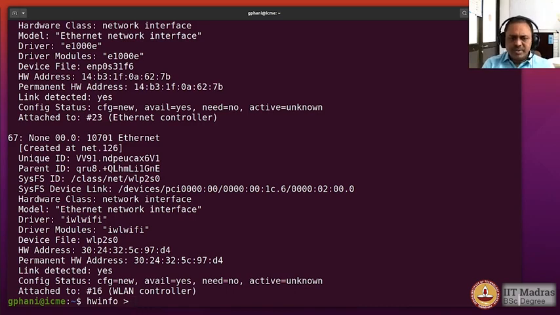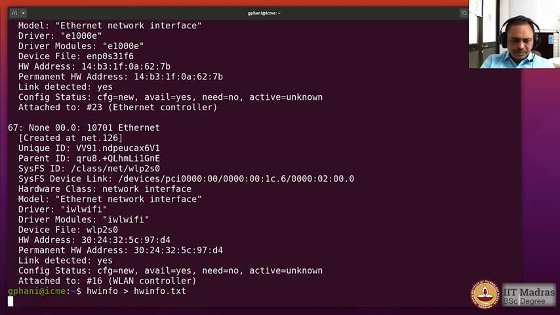Because this is useful information, I would like to type it as hwinfo.txt to indicate that it's a text file, and it has the information coming from the command hwinfo. And you could see that there's nothing on the screen now, because everything has been put onto the file. Now let me look at the file by using the less command,